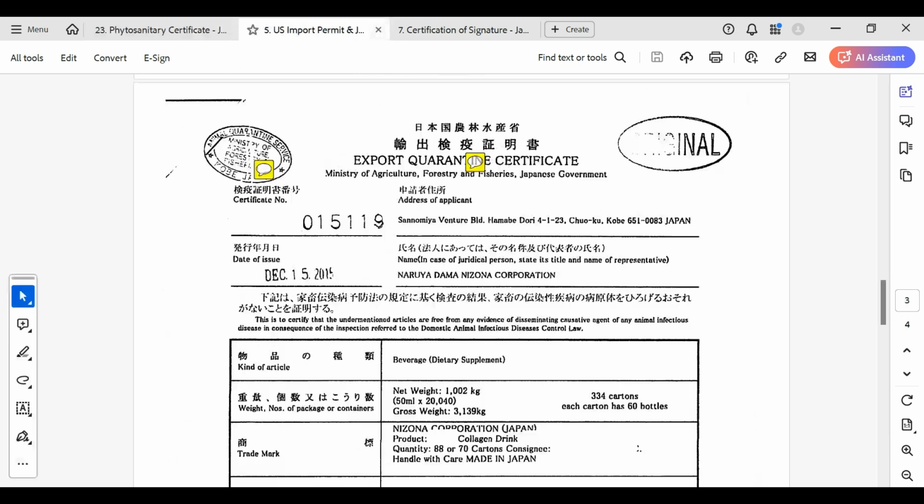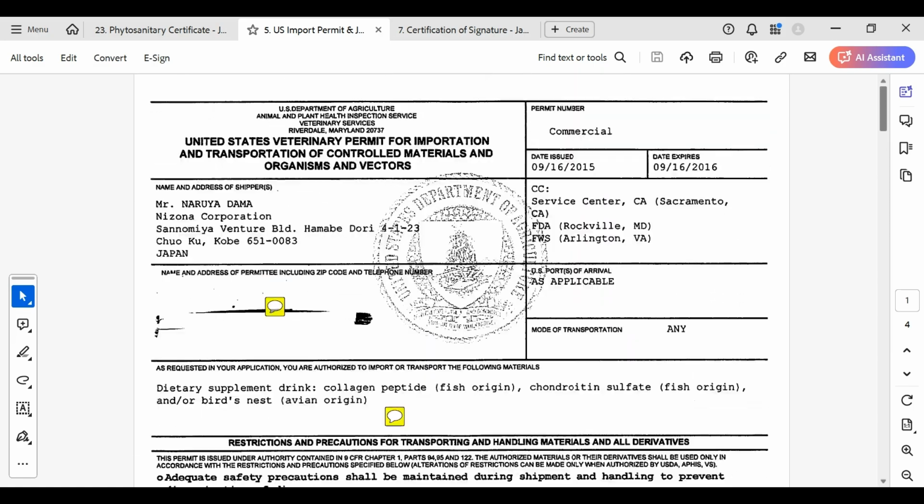Regarding the export quarantine certificate, here I'm showing you an example of the United States, and I have made a detailed video about this document in a separate installment on the United States FDA. So I invite you to watch that video if you are an American importer. In short, the export quarantine certificate for products that contain animal derived ingredients is issued only if you as an American importer are